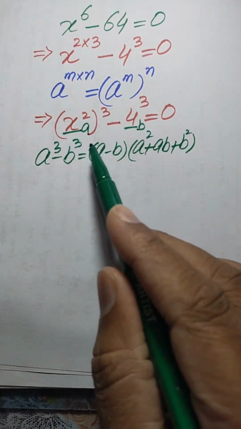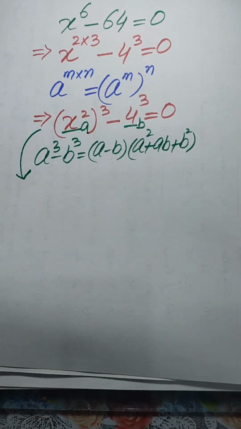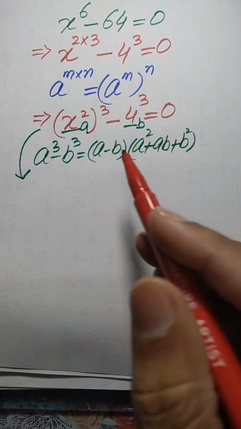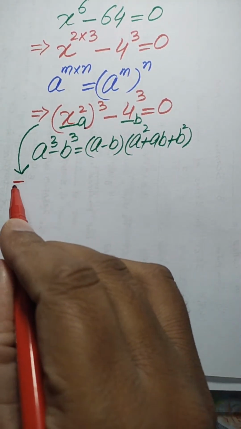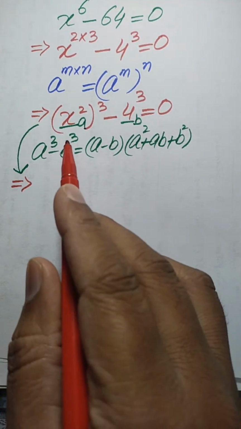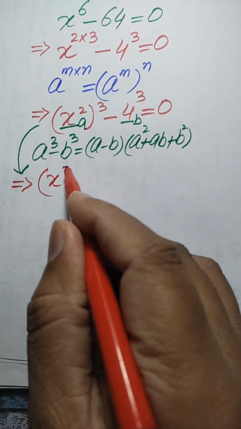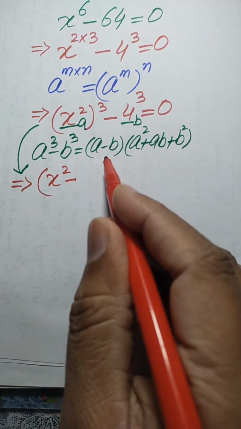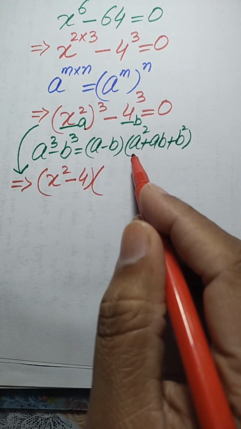So according to this cubic formula, we write our above equation in this form. Here we just put the values of a and b into the right hand side of this equation. After substituting these values, this will be written as: first you have a minus b. The value of a is x square, the value of b is 4, into, again we have this is